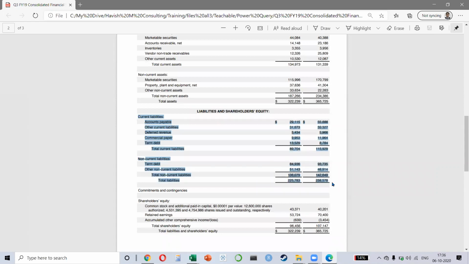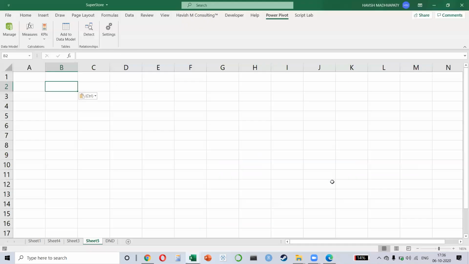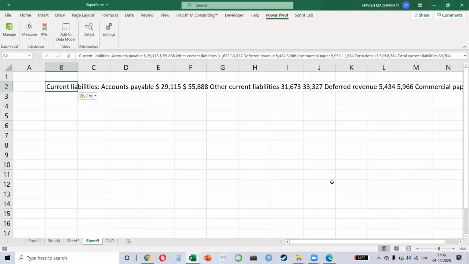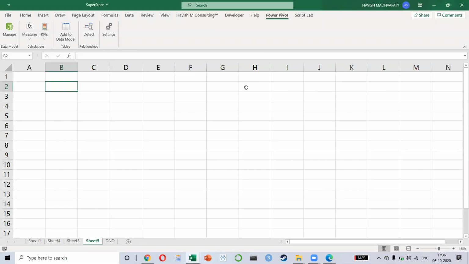Can I select it? Yes, because it is not a scanned document. So I can select it. But when I try to paste it, you notice it comes like this. And I'm sure all of you have faced this problem at some point in the past. The question is, what do you do about it? Now, unfortunately, there is nothing you can do about it. If the data gets pasted like this, text to column formulas will not help you, all right?